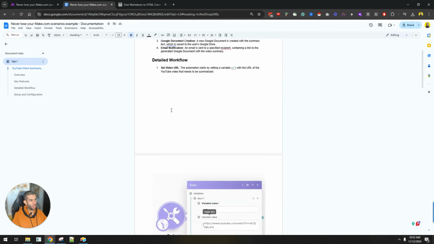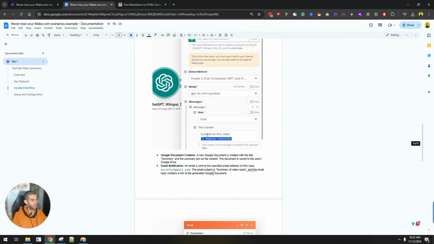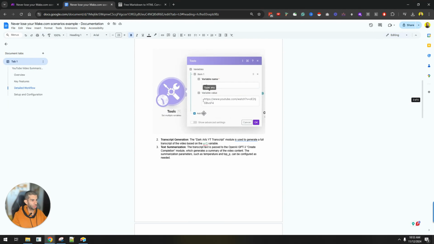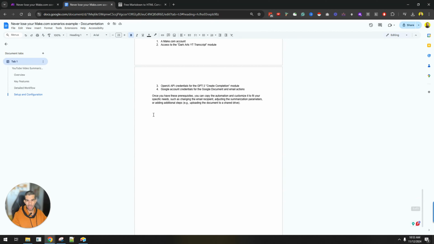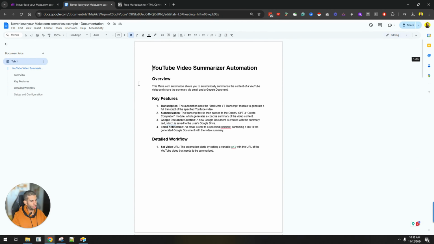I'm just sharing with them how this works. I'm attaching screenshots, and all I had to do was create a Loom video, export the blueprint, and put everything in a large language model. I took a few seconds to grab these 3 screenshots and then add them to my documentation. So these are all ways you can, number one, ensure you never lose your Make.com scenarios by saving